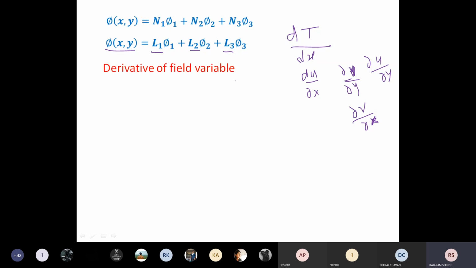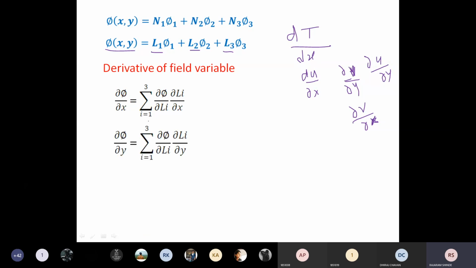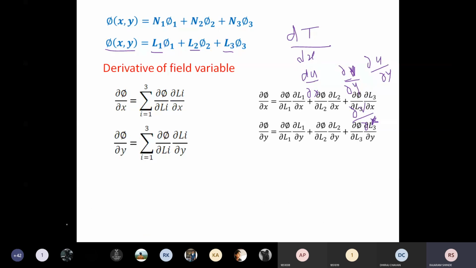Okay, now you can see here how I can write the derivative of this. Here, summation of d phi by dLi by dx. Okay, now how is it written? It is written like this. You see